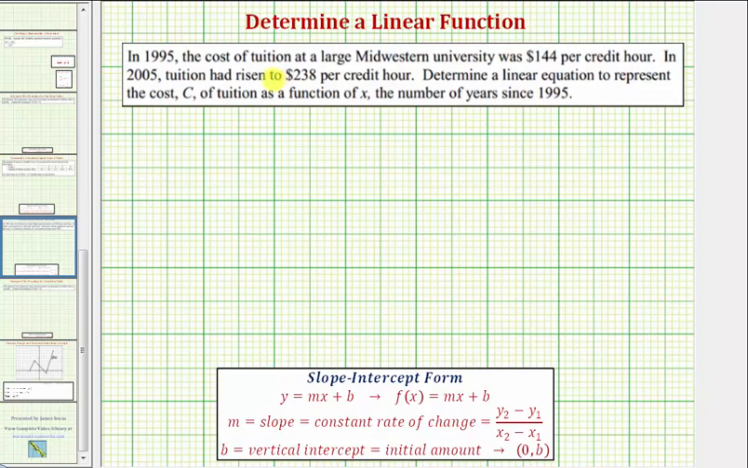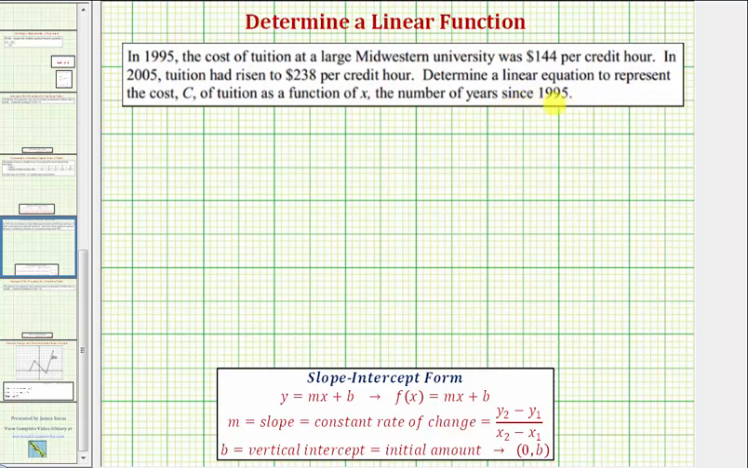In 1995, the cost of tuition at a large Midwestern university was $144 per credit hour. In 2005, tuition had risen to $238 per credit hour. Determine a linear equation to represent the cost C of tuition as a function of x, the number of years